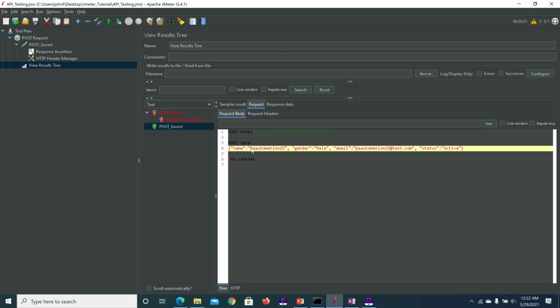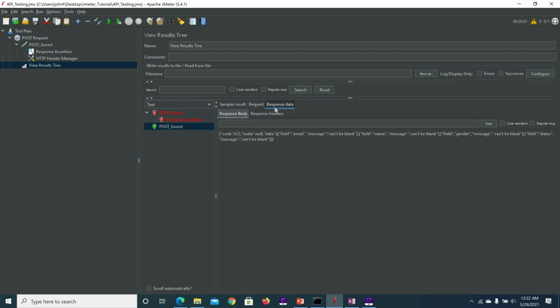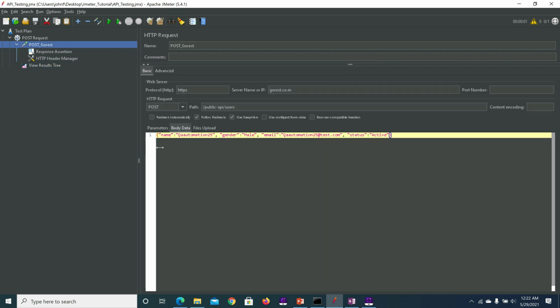In the request we have sent name, gender, email, and status. In the response body we have received 422. Whatever data we have processed seems to be blank, so we have to send it in the appropriate format. Let me make the correction.